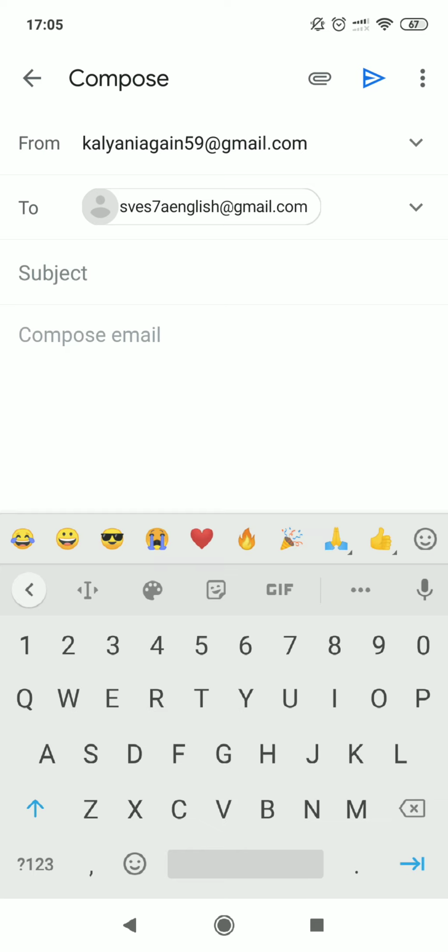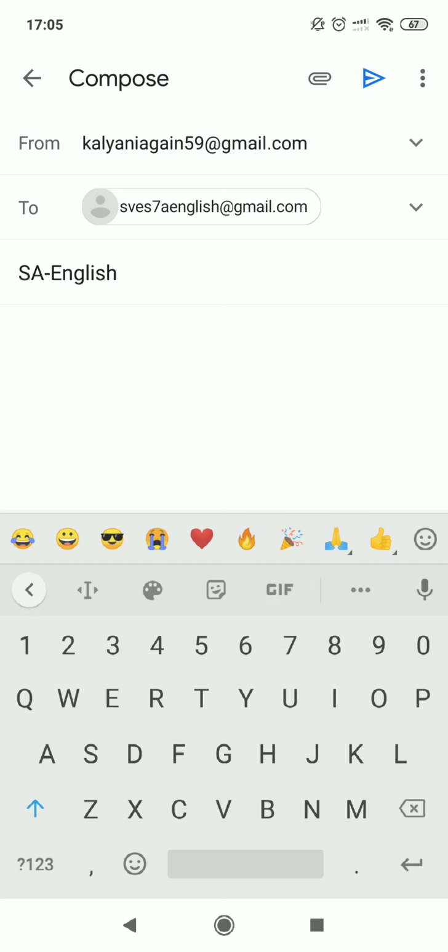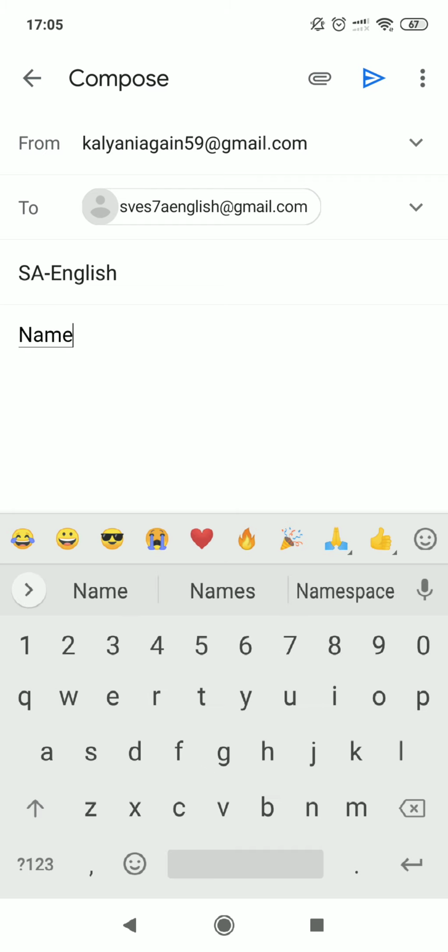You have to fill in the subject and you need to mention the subject clearly. Today I wrote the English exam, so I am mentioning English here. Here you need to mention the name of the student. The student name is Kalyani.